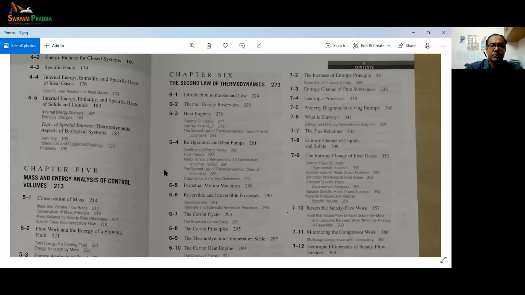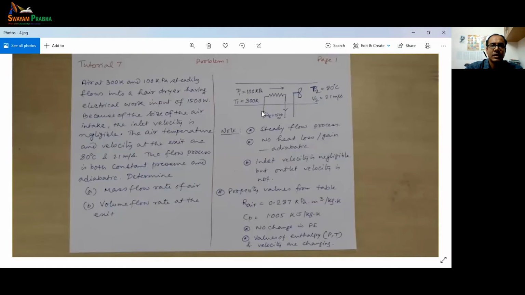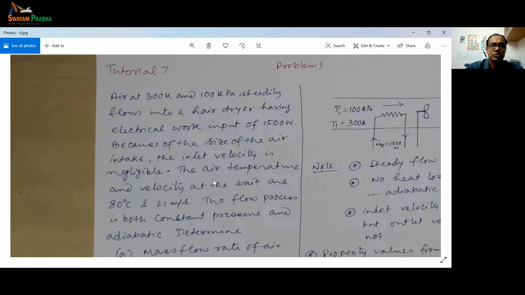So as I have told you earlier, please follow the mouse that you can see on the screen. That will help you look at the right portion of the screen, so that you can follow what I am saying or where I am looking. Okay, so let's start with the first problem. As I have told you, this problem will be from chapter 5. So what is the problem statement? Let me zoom a little bit.